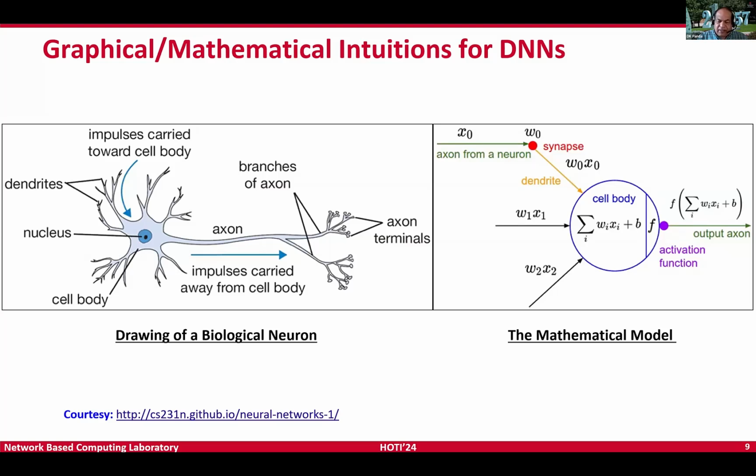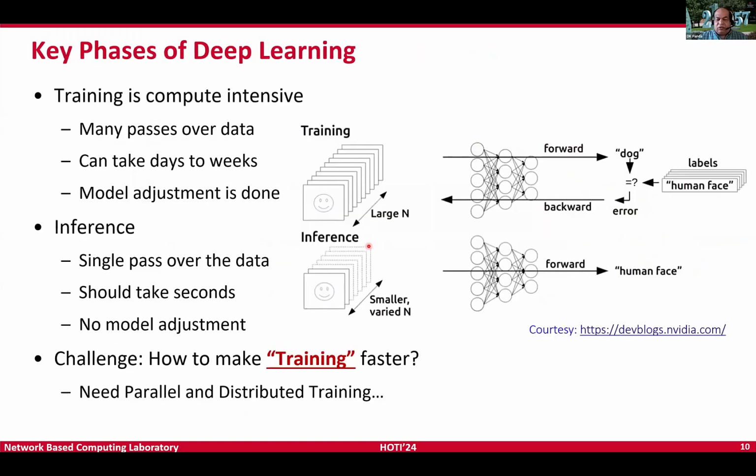So then, as I indicated earlier, there are two basically key phases of deep learning. We'll be covering both of these. One is called training, and the other one is inferencing. Especially in deep learning, the first thing is you need a huge amount of data. That is the first thing you need to make sure you have, and then we start with this kind of a model.